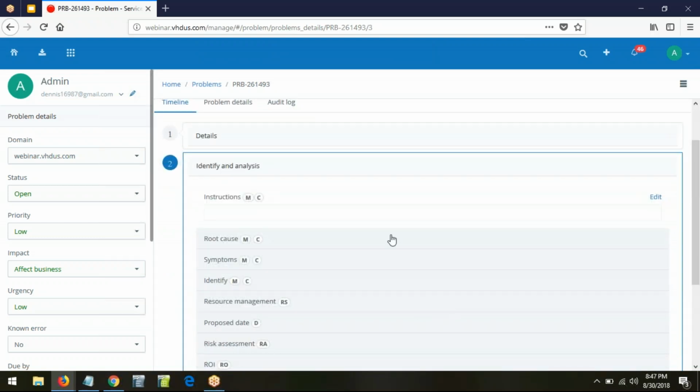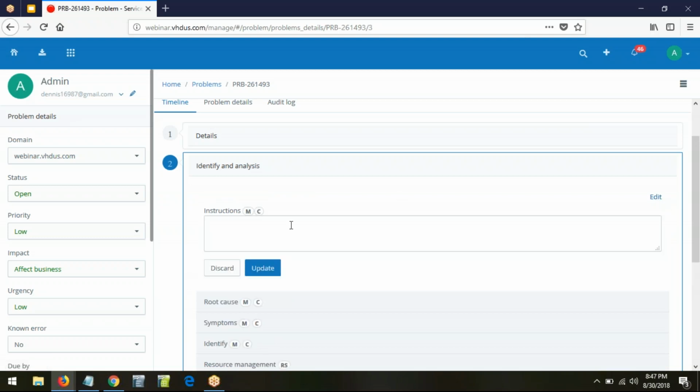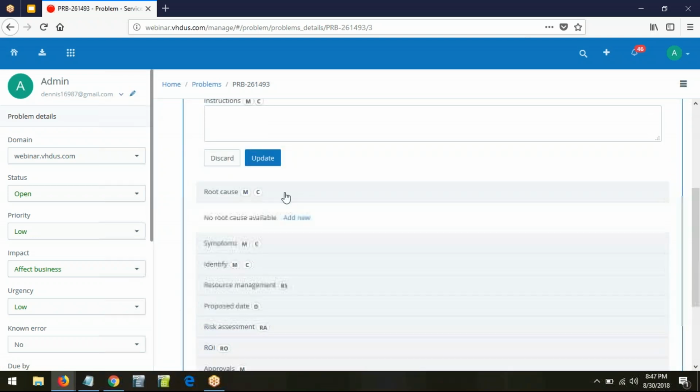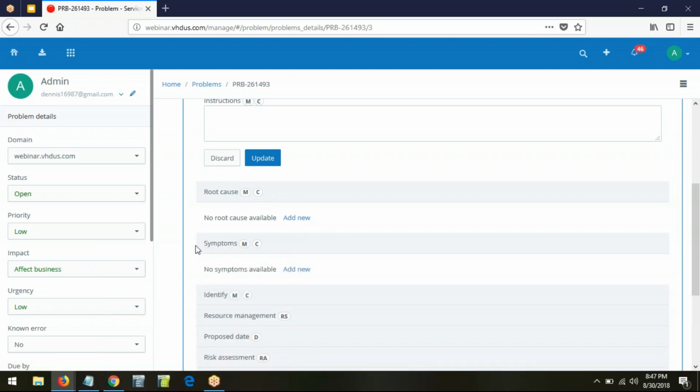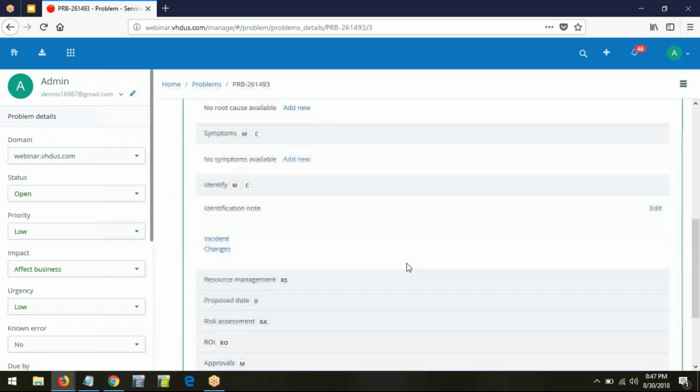Now over here, the first option would be instructions, wherein the instructions can be added. So the manager or the creator can add an instruction which a staff need to follow over this. Then there's a root cause. So you can add a new root cause by clicking on this option. That is followed by symptoms. So over here you can add a list of all the symptoms which are occurring with this problem. An identification note can be added,